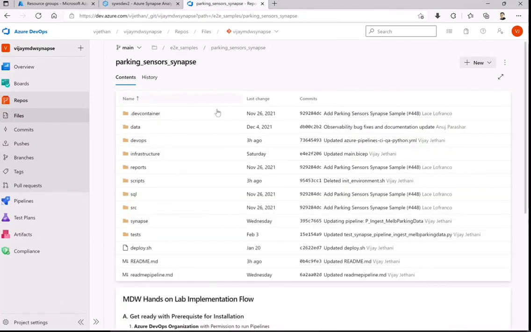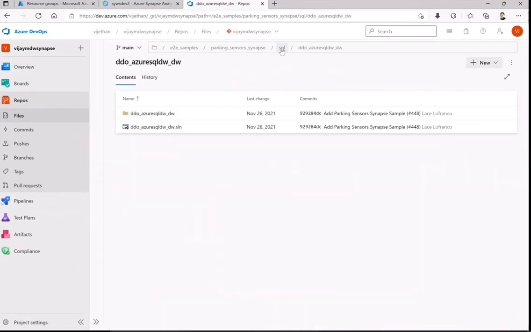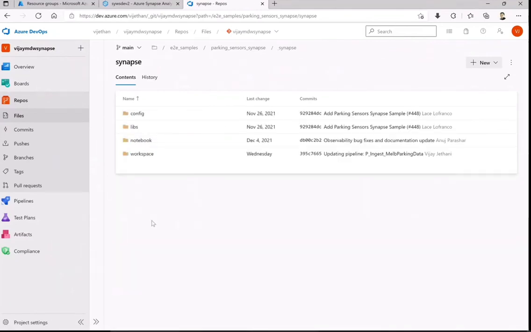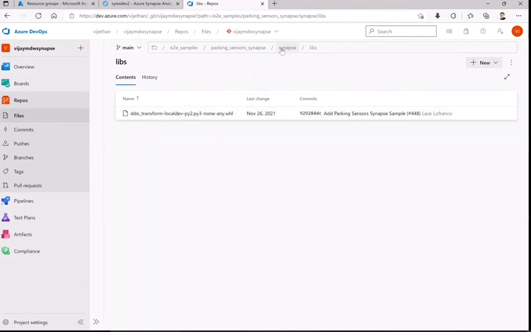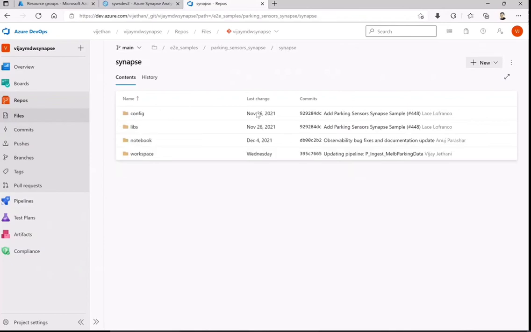Then on the SQL side, you will find that as a solution. Everything related to the configs you will find in the libraries. I think there was one wheel package, so you will find it here. Similarly for the notebooks, you will find all that you have. So this is how you can correlate once your environment is ready.